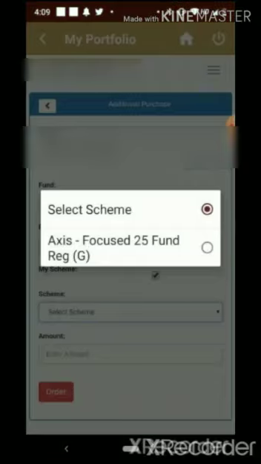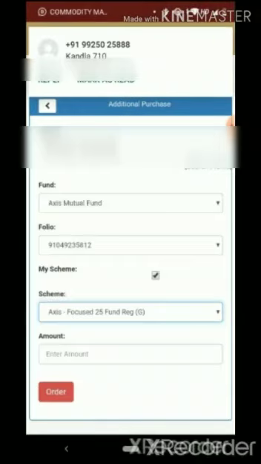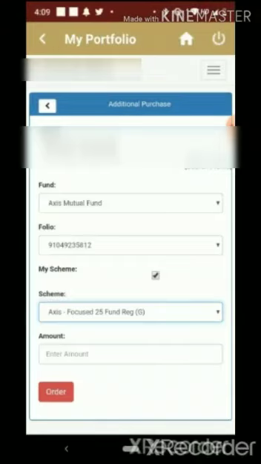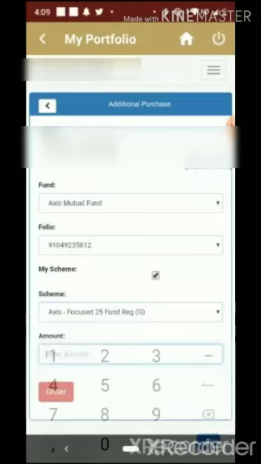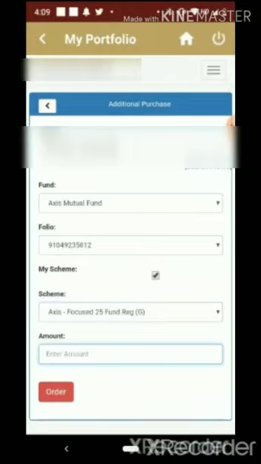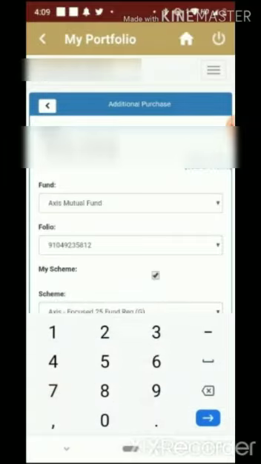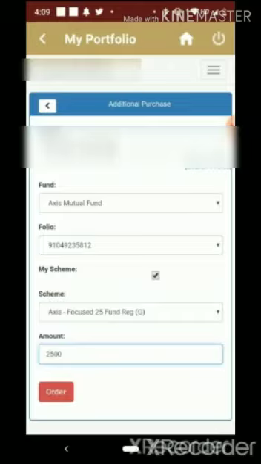In that you want to add on, like I want to add in Axis Focus 25 regular growth. Then you have to put the amount. I am putting 2500, and if you click order, your additional purchase order will be pushed and the additional units will come to your account.